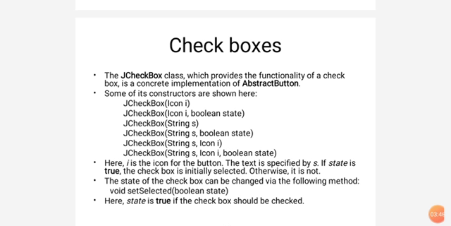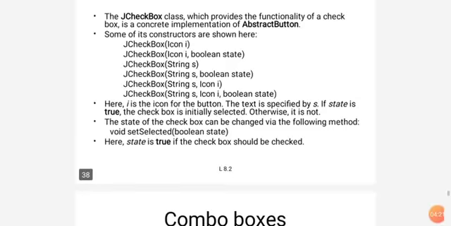Once again I am repeating: if it is a JCheckBox, it is a swing component. If you are simply using Checkbox, that is the AWT component. Here I am giving the information about the JCheckBox. It implements the abstract button, so all are present in that. Already we know where these buttons are present, in the javax.swing package. Within that only all these types of components are present. The hierarchy is also shown in the overview of components.